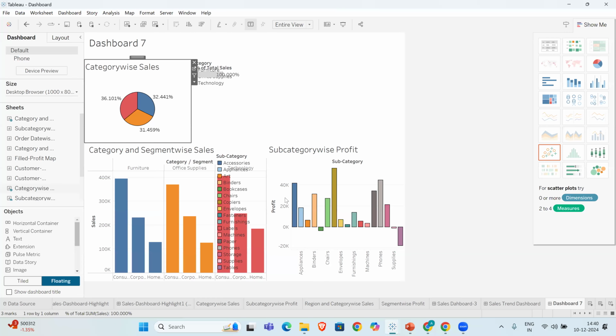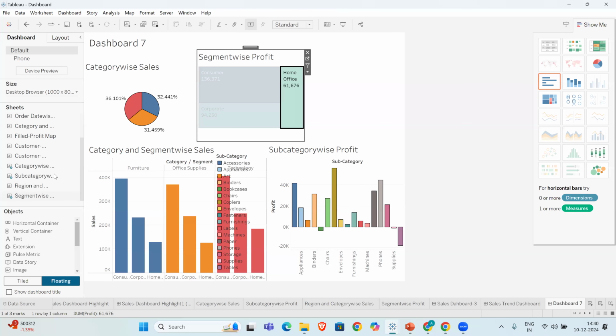So this is again. Now see, give the border to all. How can you give it? You can give it in this way. Give a border to all of this. Any color border you want to go for. If it is overlapping, you can just make a change in this way and give the same size so